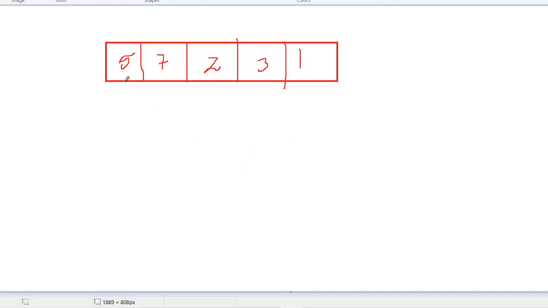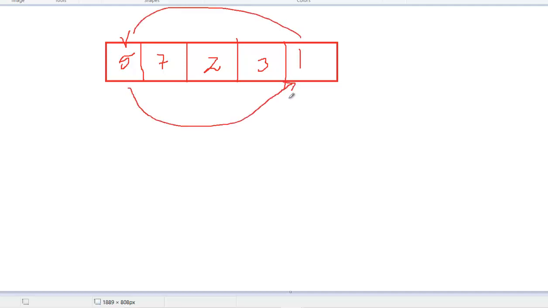Now what I will do? I want to arrange the data in ascending order. So what is the technique? The first cell will compare with the rest of all the cells, find the smallest and store in this cell.